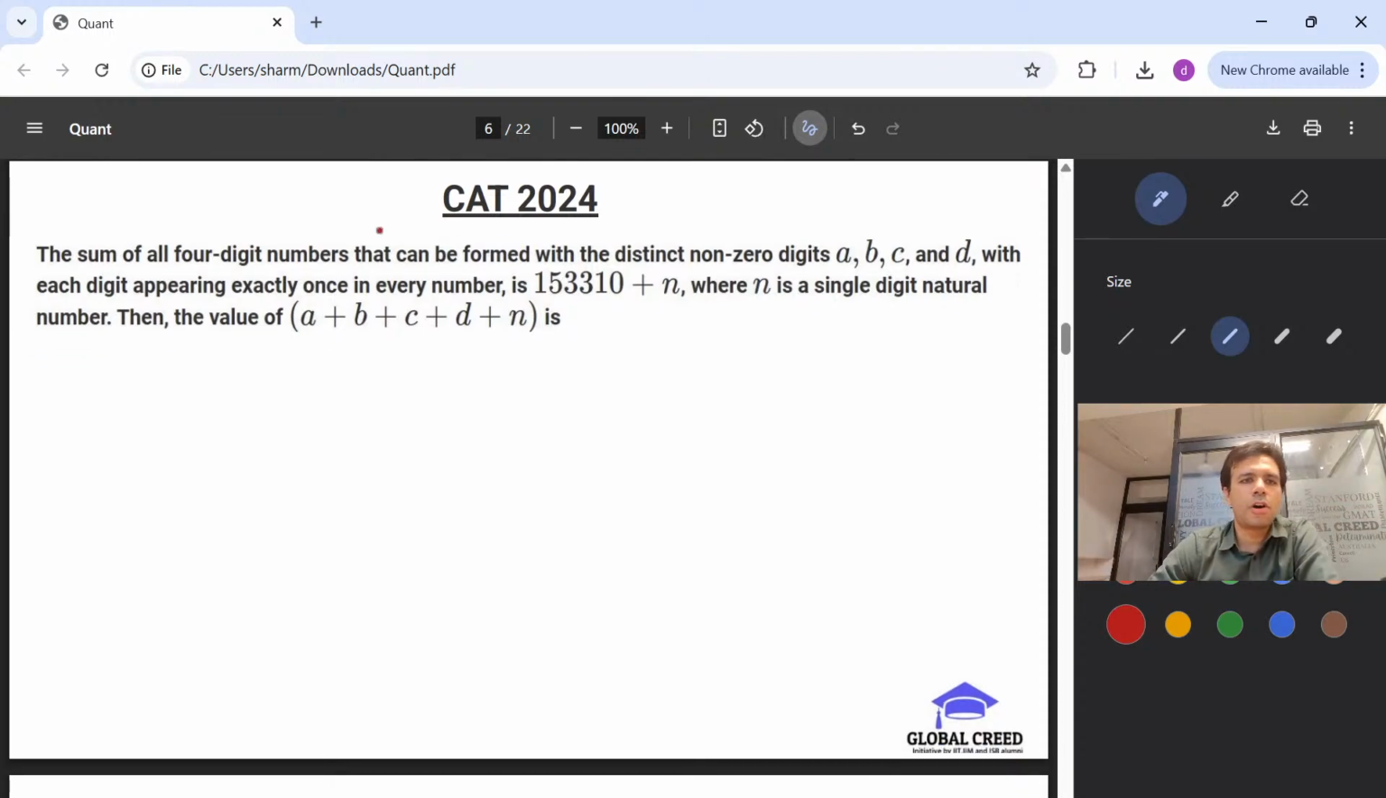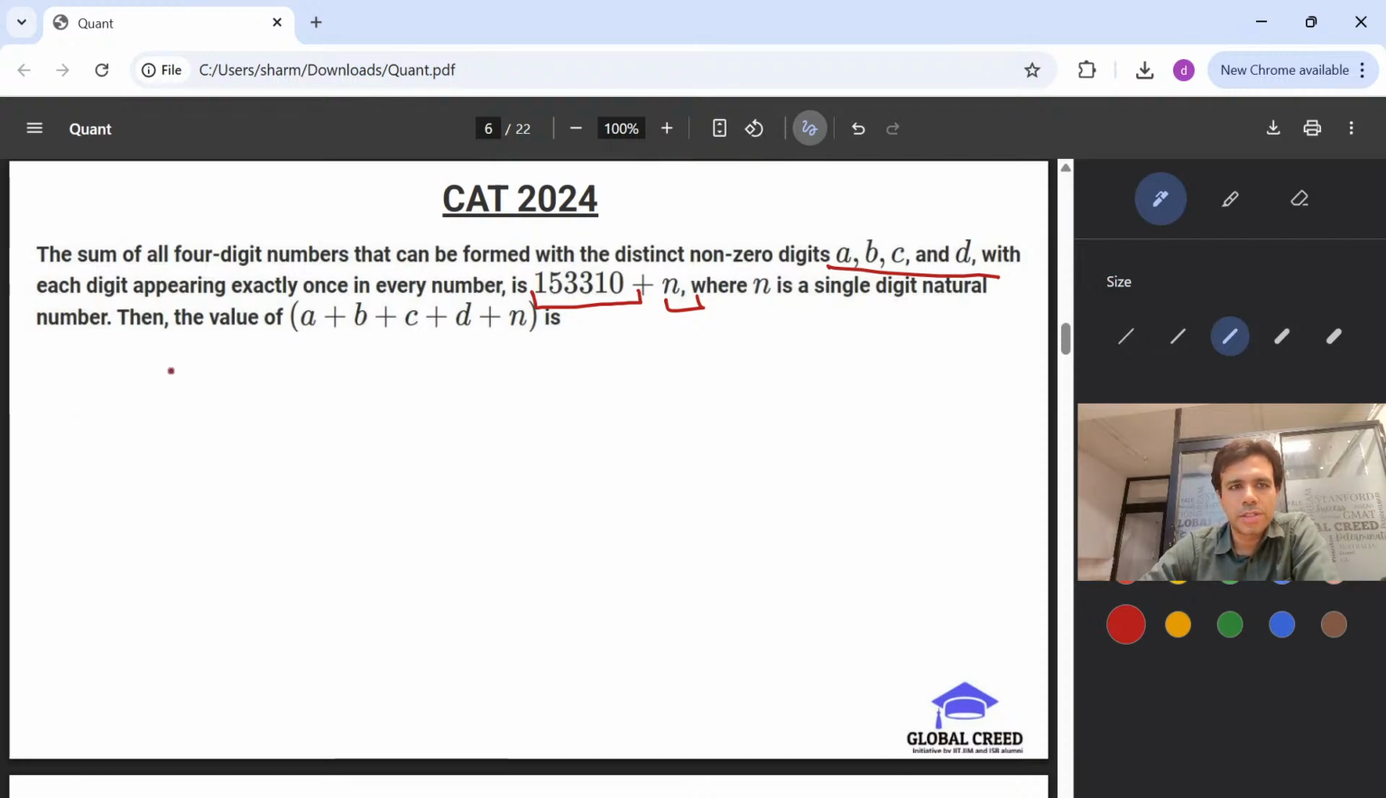Then we go to sum of all 4-digit numbers that can be formed with the distinct non-zero digits A, B, C, D. So you have digits now. So we have A, B, C, D as digits, with each digit appearing exactly once in every number. So you have every number has each digit appearing once in those numbers. So we got 153310 plus n, where n is a single digit number, then the value of a plus b plus c plus d plus n ka value we have to find out. Now if I take a, b, c, d,